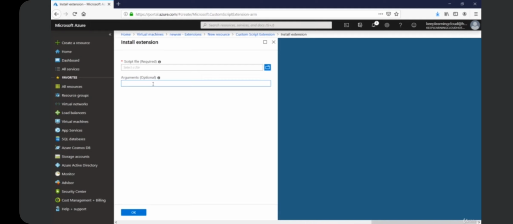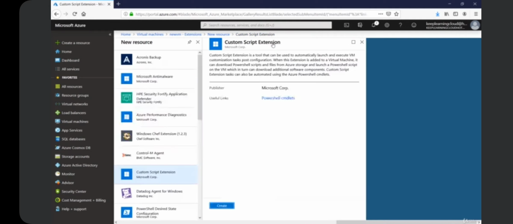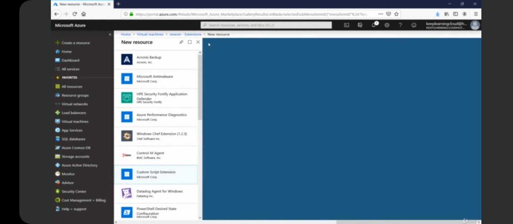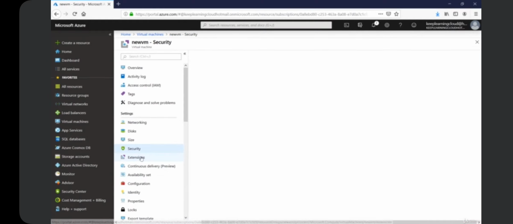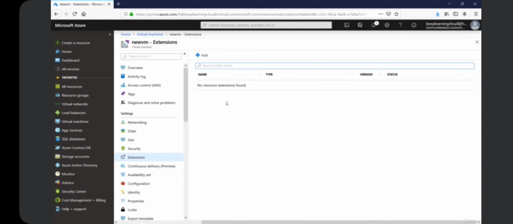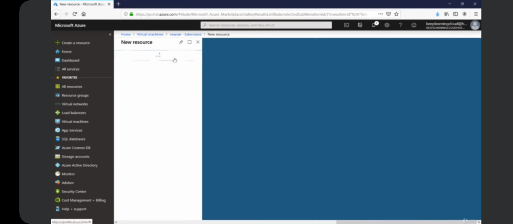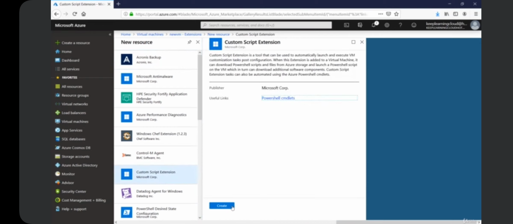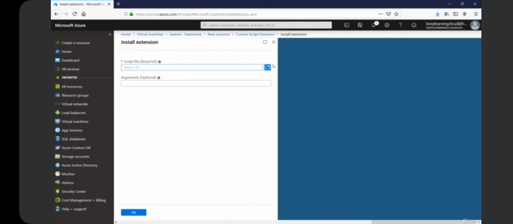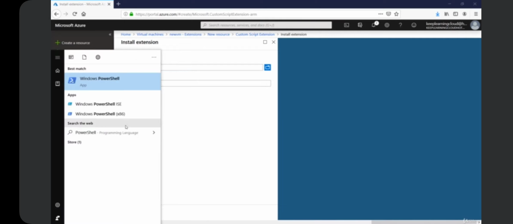Now, while my Microsoft Anti-Malware is getting installed on the virtual machine, I would like to go ahead and create a script so that I can then pass it as an extension to this virtual machine. I'll click on Add and then click on Custom Script Extension, Create, to add a PowerShell. Now, let's go ahead and write a small PowerShell script. I will launch PowerShell ISE here